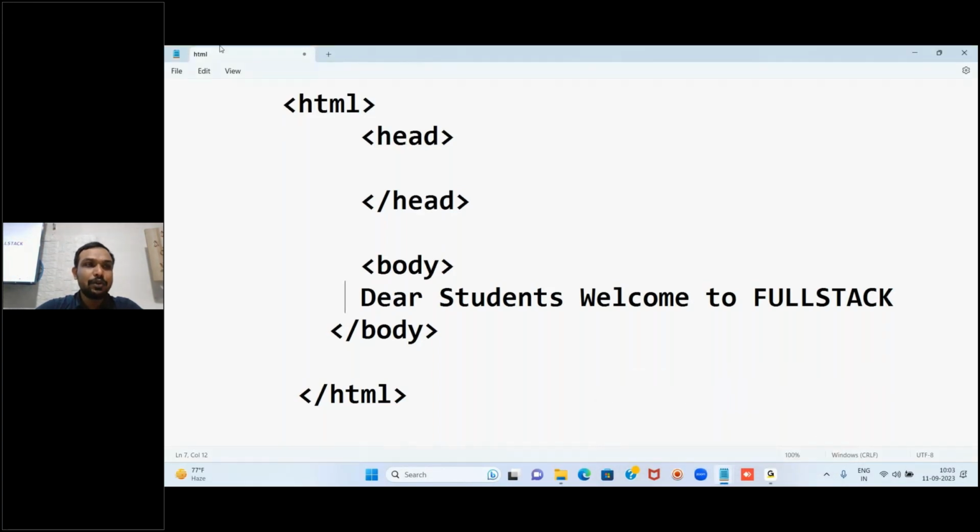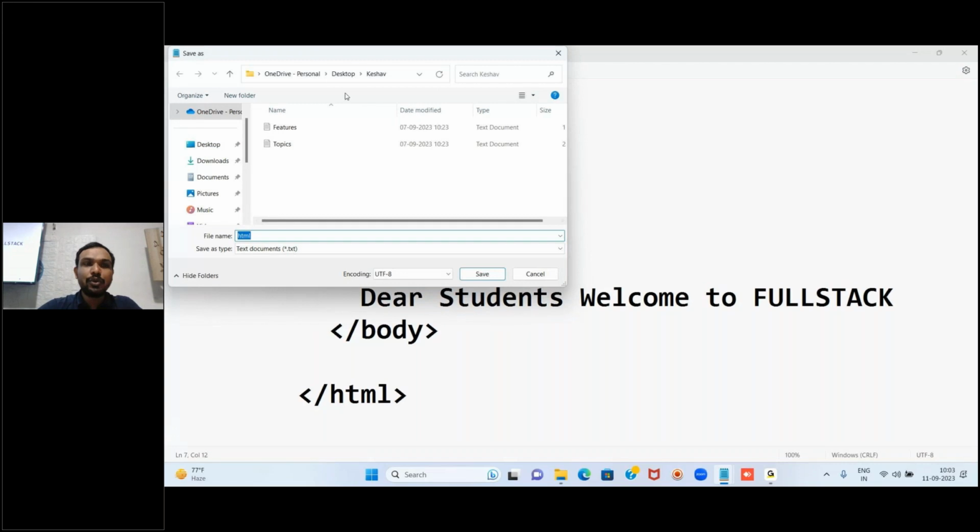Now we simply have to save it. It is just like I have written. Now we have to save this one. To save that, click on the button save and then ensure that we are saving it on the proper location. Now, what is the location I created on the desktop? I created something called full stack, in that front end, in that HTML. For one time you have to do this. Next time it will directly go to the same suggestion, because the first time I created it here, that's why it is doing that. Now here